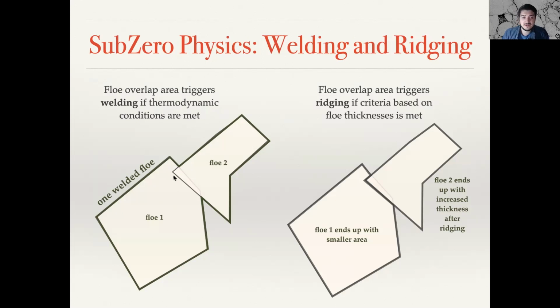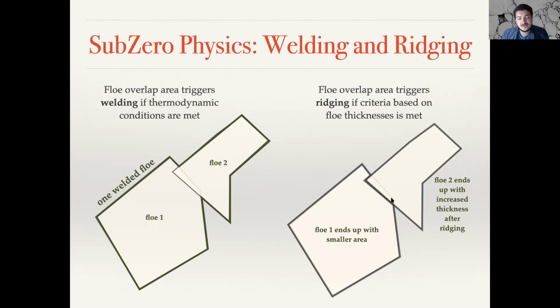For example, in winter, when there's strong heat flux coming out of the sea ice, so we grow ice. Provided that the two pieces are close together, they will weld. So that welding operation is that if you had originally flow 1 and flow 2, we're going to create this bizarrely shaped flow out of these two. Now, ridging over here, on the other hand, is preserving the same thing. So for the same two flows, which are colliding with each other, we're using a parameterization derived based